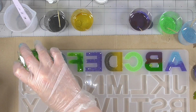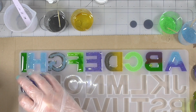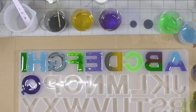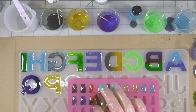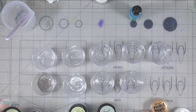So I kept going. I did this with all of the different mixtures, and then once I was satisfied I had enough of my alphabet testing, I didn't want to waste anything that was left over. So I grabbed a small gummy bear mold that I've had for a while now, and I poured some of the excess into that, just to use it up, I guess. So there you see that gummy bear mold, and then I'll set that to one side